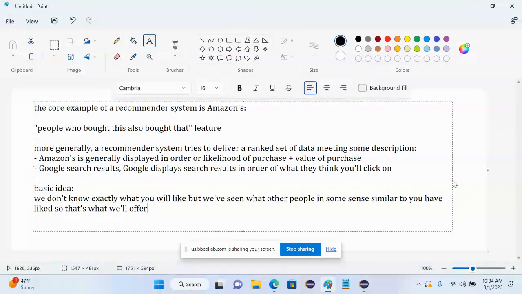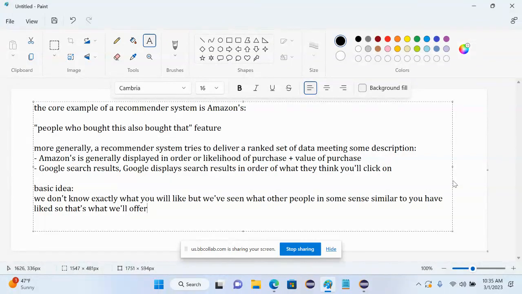Okay, so you go to Amazon, and all Amazon really knows about you is your purchase history and the particular item you're looking at, right? If they're basing it just on that, what they know is you looked at this item, so let's look at the other people who looked at that item. Other people who looked at that item were interested in these things, so we think you might be too.